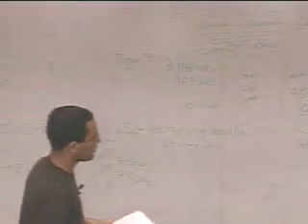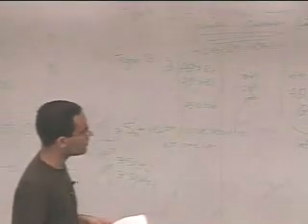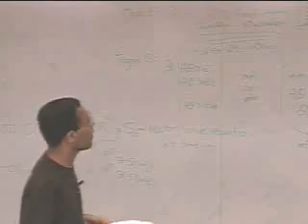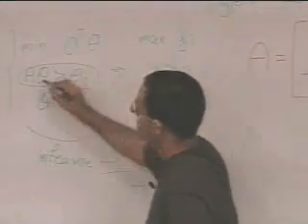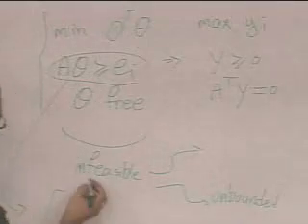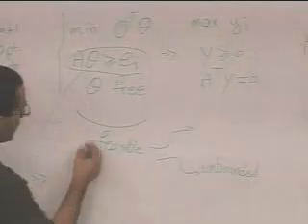Excuse me. In the dual, the objective function, why is it yi? Oh, so in the dual, the objective function is yi. It came from here. Let's see what this is saying. This is saying theta would be a vector. Let's call it x, or anything, let's call it x.